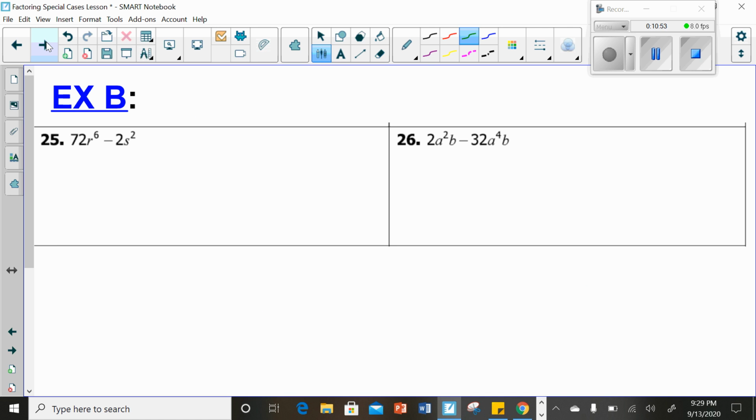So these ones are a little bit more complicated because right now 72 is not a perfect square. R to the 6th is, because this is even, so if we divide that by 2, we get 3. And 2 is not a perfect square. But remember, the very first question that you're really supposed to be asking yourself is, you should write this down, is there a GCF? GCF is correct. All right, so between 72 and 2, 2 being the smallest, since 2 divides into 72, 2 is the GCF. They do not have any R's or S's in common, so we're going to divide by 2,